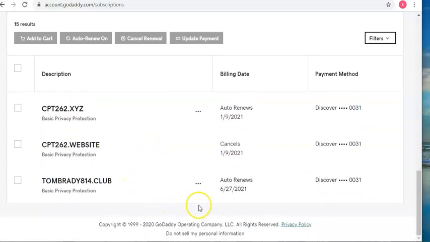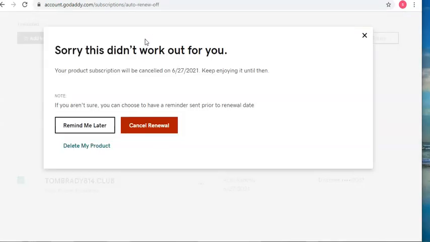So here's the one I just did, and this auto renews. So what I want to do is click the check mark next to the tombrady.club. Right now, auto renewal's on. And what I want to do is cancel renewal, which makes people nervous, like I'm going to cancel my domain, but you're not. You're just going to cancel the auto renew. When I click on that, it says, sorry, it didn't work out for you. They're making it sound as if they're going to cancel my domain, but that's not true. I just want to cancel the renewal of it. So if you click on this,